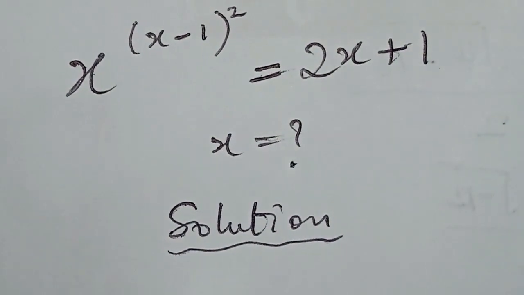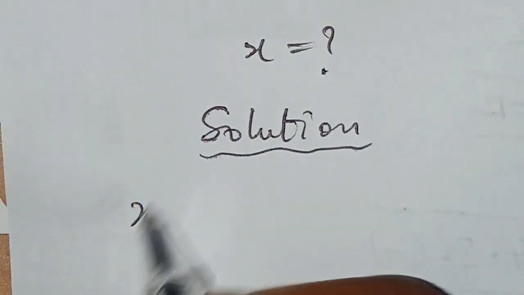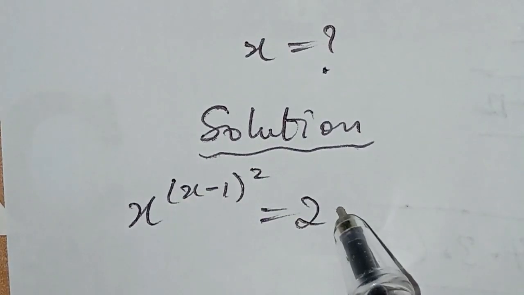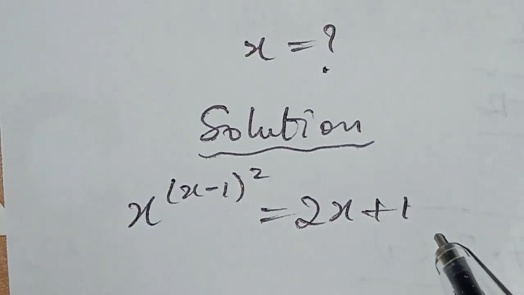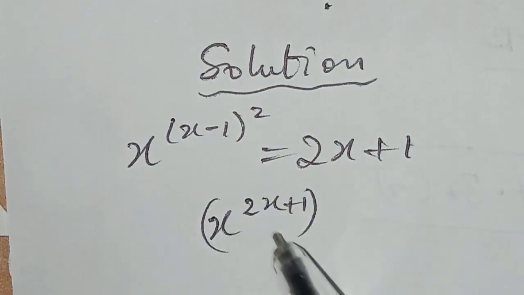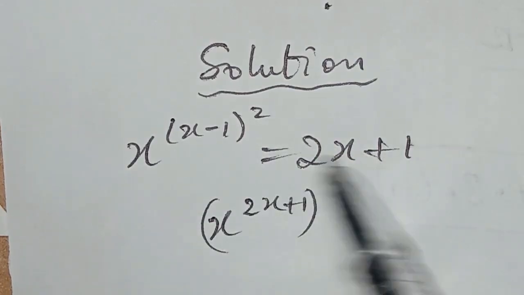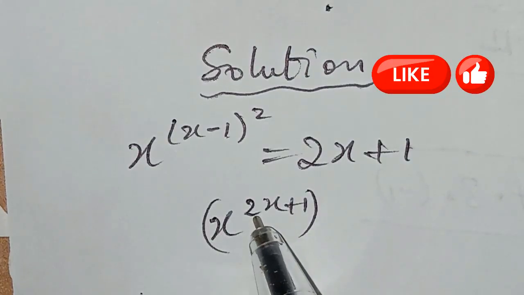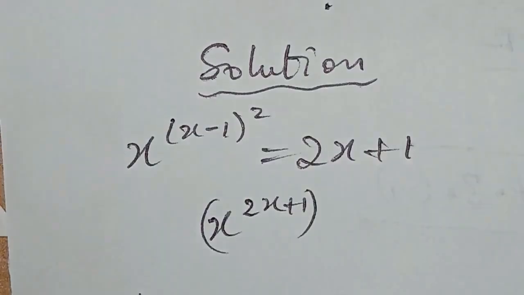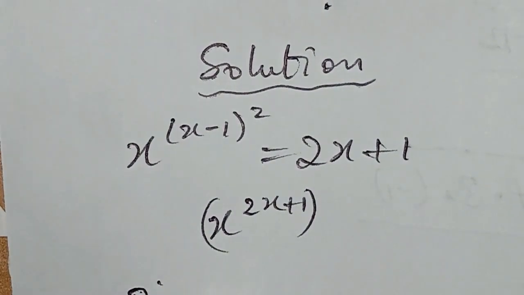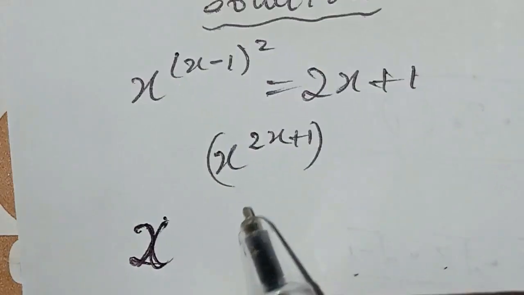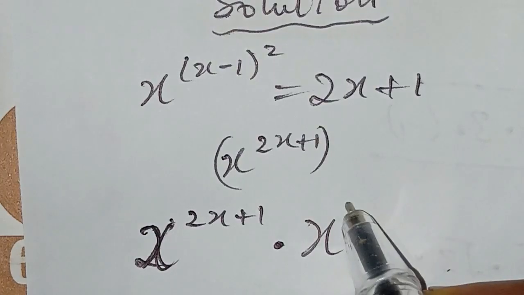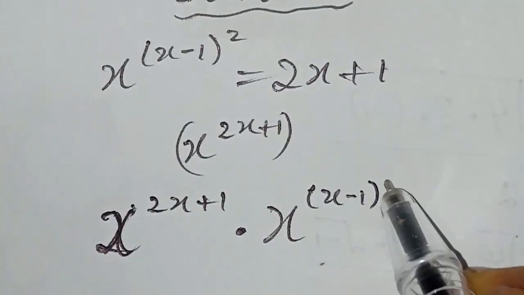What we need to do here is to introduce our question. We have x to the power of (x minus 1) squared equal to 2x plus 1. Now from here we multiply this expression to both sides. So we multiply x to the power of 2x plus 1 to both sides. So we have x to the power of 2x plus 1 multiplied by x to the power of (x minus 1) squared